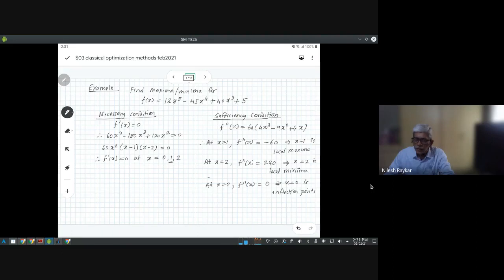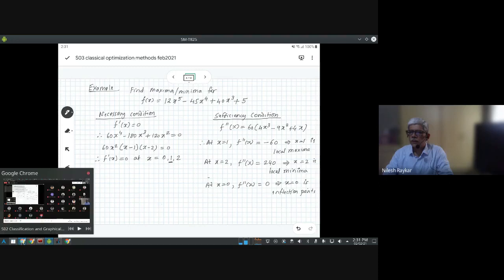So at this point we know that it is neither maxima nor minima, so we have to evaluate further by calculating the next derivative and then decide. But as we'll see, I just plotted this particular function and checked, and it happens to be an inflection point, so it is neither maxima nor minima. But theoretically we should calculate the further derivatives and evaluate it. Okay, so I just want to show how this function varies.